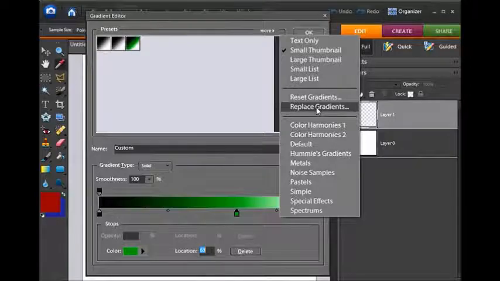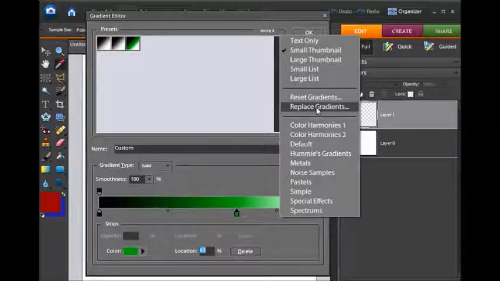I suggest in my tutorial that you manually go to your preset folder, and that special gradient file that you've made, that's where you're going to save all of the ones you make. Go in there, copy it, and paste it to wherever on your computer that you back up other files and photos and things on your computer. And that way all your hard work will be backed up, and